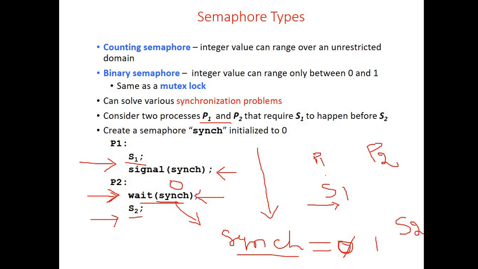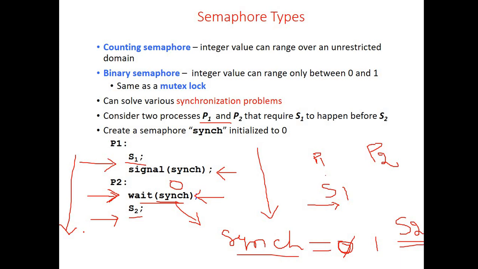Then it goes to the next statement, that is the S2 statement. So after completing S1, S2 is guaranteed to execute. In that way, we can control the execution sequence of the statements within two or more processes by appropriately calling the wait and